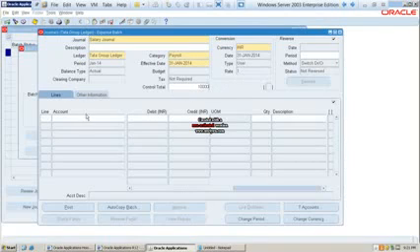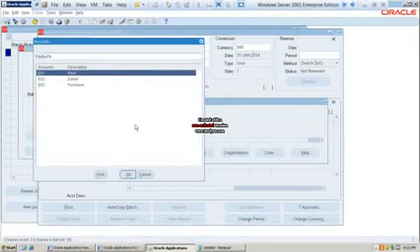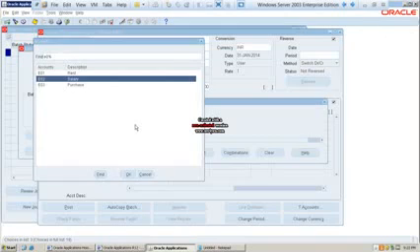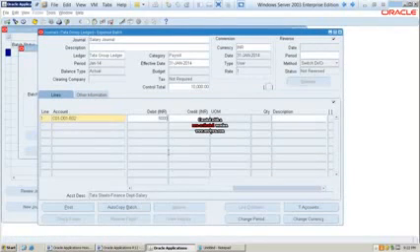Control total I am giving 10,000. Company 1, department 1 paid salary, 5,000.